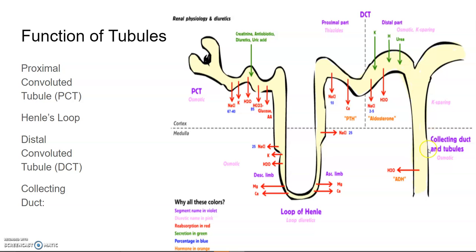Next part is the collecting duct. This long duct extends from the cortex of the kidney to the inner parts of the medulla, and large amounts of water could be reabsorbed from this region to produce concentrated urine. This segment allows passage of small amounts of urea into the medullary interstitium to keep up the osmolarity. It also plays a role in the maintenance of pH and ionic balance of the body by selective secretion of hydrogen and potassium ions through this region.